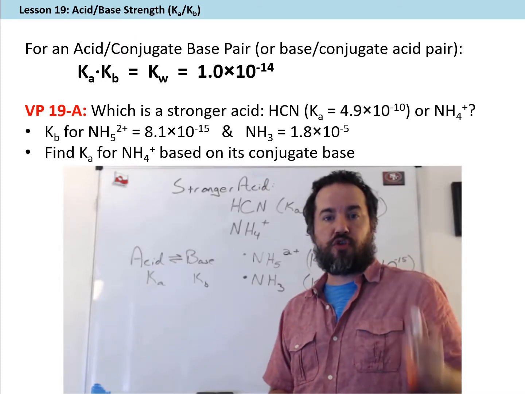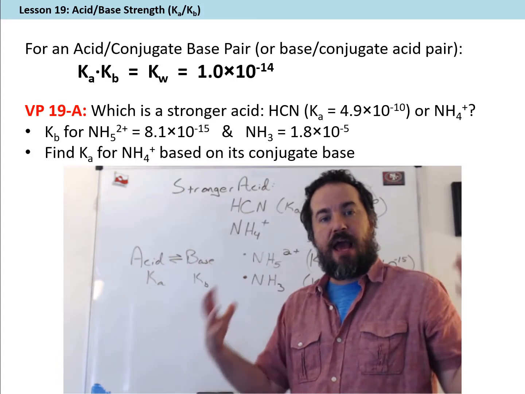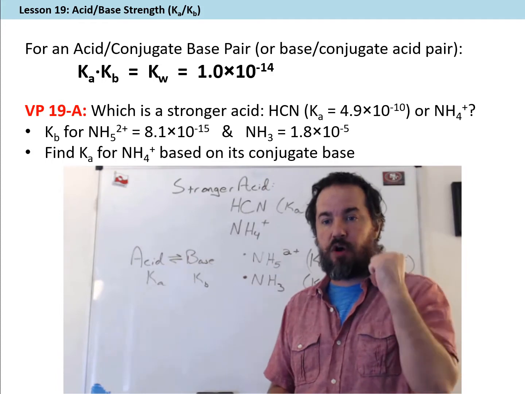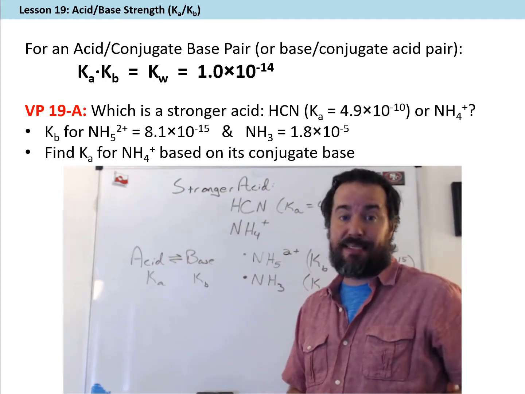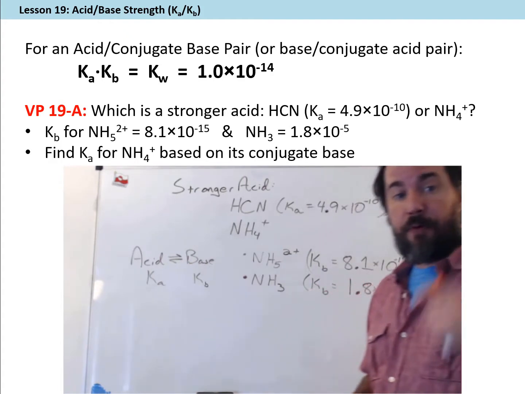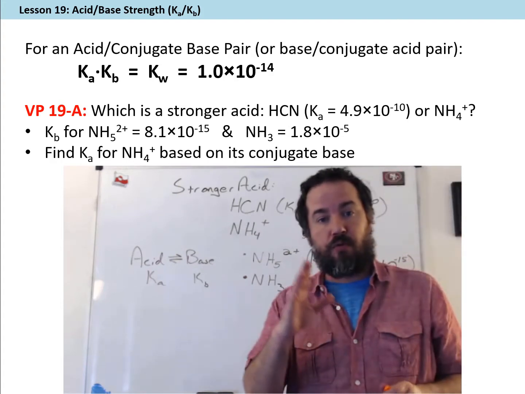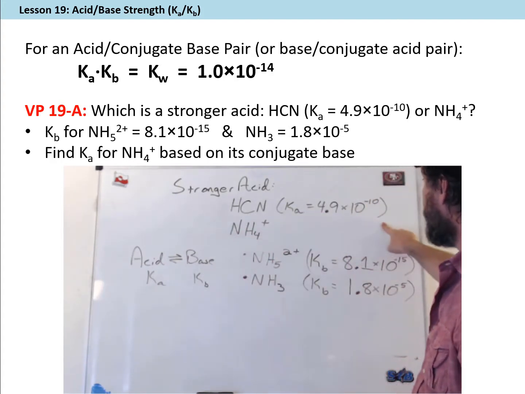Acid and base strength is all about Ka and Kb. The bigger Ka is, the stronger the acid is. The bigger the Kb is, the stronger the base is. And so the problem, video problem 19a, is all about relating two different acids, HCN, which has a Ka of